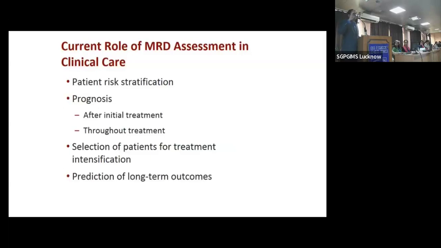Definitely, it gives you an indication that this patient is not going to do well, even if he is a favorable risk on molecular profile, but his MRD is turning out to be positive, then I would be escalating the treatment. So that's the significance of MRD. It's the single most independent predictor of prognosis in patients of acute leukemias. The second is the prognosis after initial treatment, throughout treatment, selection of patients for treatment intensification, and prediction of